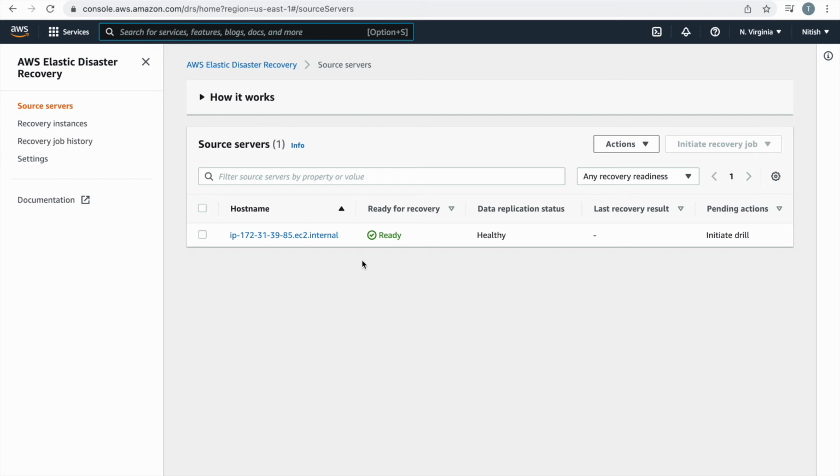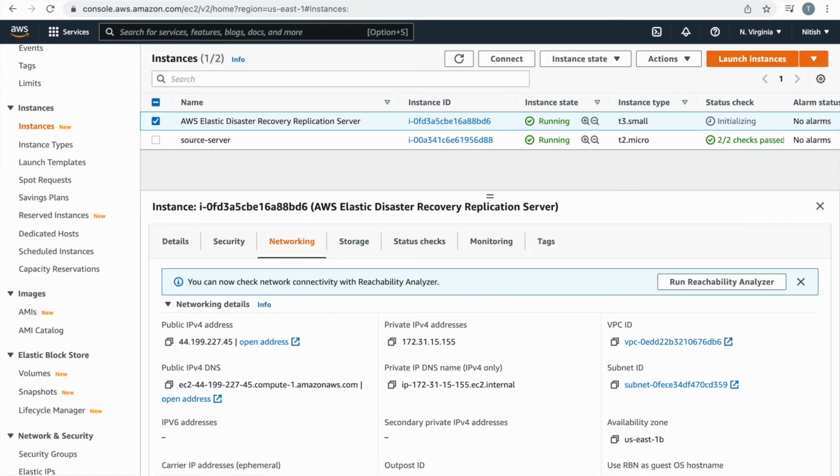Now we could see our source server is in ready state. It means it is ready for recovery. Data replication status is also saying healthy. Now let's say some disaster occurs. Till now, our continuous data replication is going on between this source server and this replication server, which